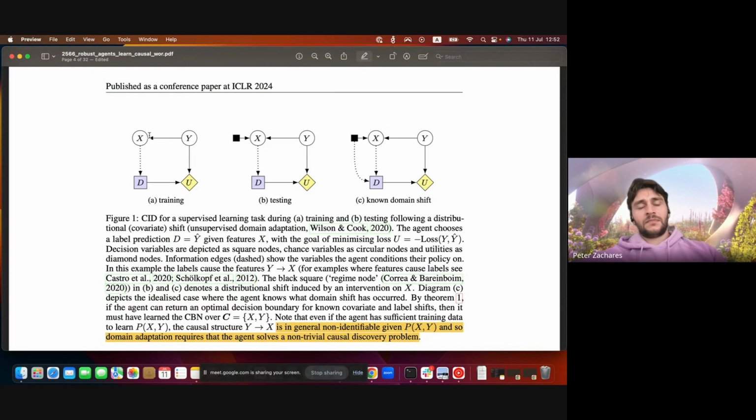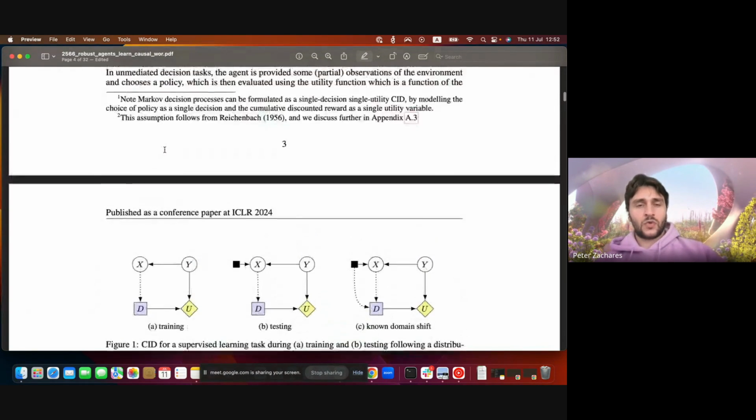This causal model here actually only has two variables, Y and X. We'll talk about D and U in a second, but Y and X. And so Y has no parents, and X's only parent is Y. So if you wanted to describe the joint distribution P of X, Y, you would do P of X conditioned on Y times P of Y. That's because Y has no parent, so it's not conditioned on anything, and X's only parent is Y, so it's conditioned on Y.